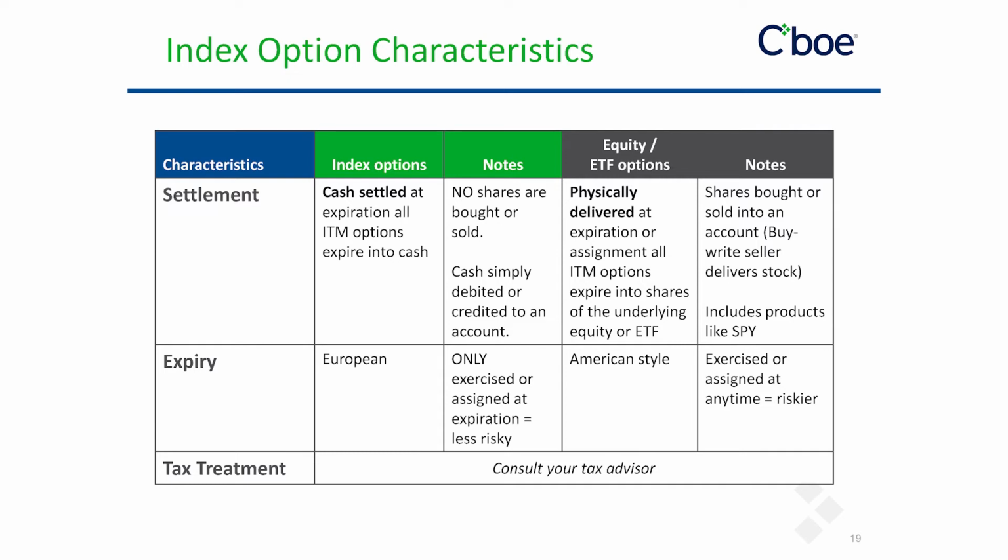As mentioned, SPY does pay a quarterly dividend, and in-the-money calls, particularly those close to expiration, are often exercised in advance of the ex-dividend date to capture the dividend payment. The same goes for dividend-paying stocks. So, the final and quite possibly most important distinction between index and ETF or equity options has to do with